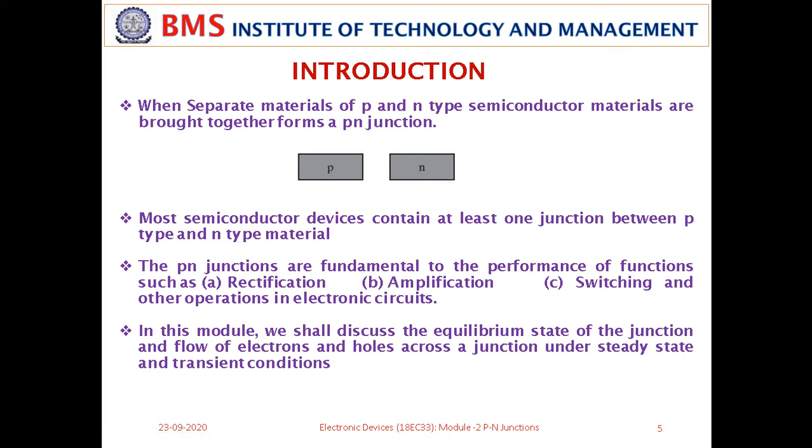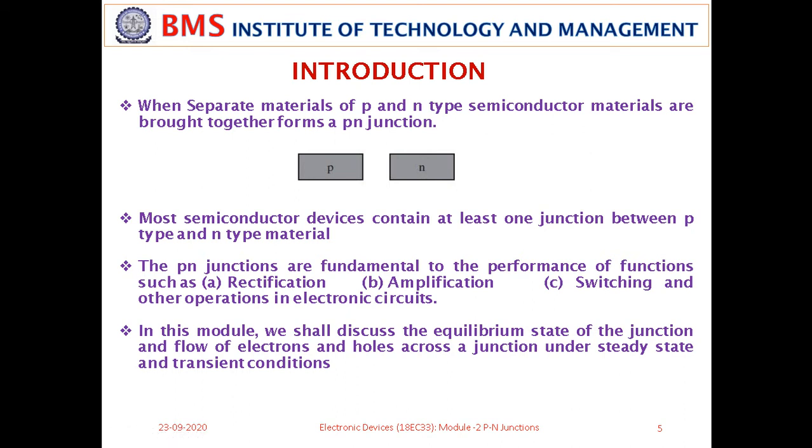Students, I once again reiterate this. Try to understand this current flow mechanism and current flow directions. This is very important in this module, because the entire subject deals with directions of current. As we already said, there are two types of current flowing in the PN junction. The first one is diffusion current, next is drift current. Diffusion current is the current flowing because of the concentration gradient. When there is a change in the concentration, charge flow takes place either from N to P or P to N. That causes diffusion current. The other current is drift current.